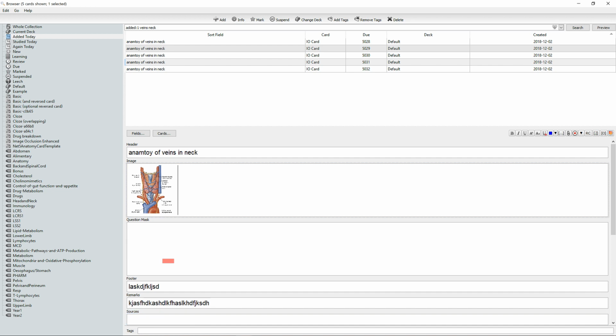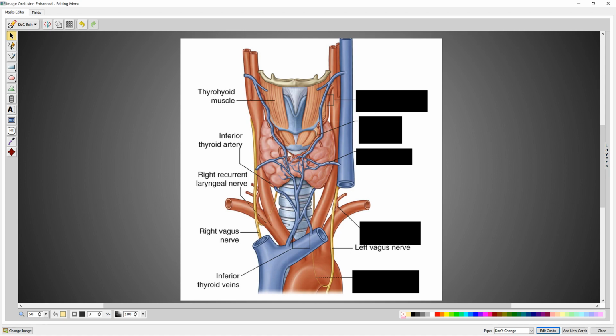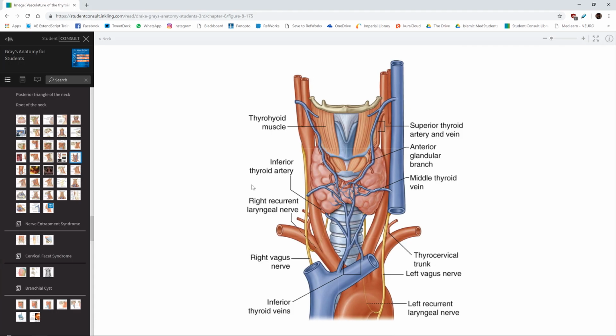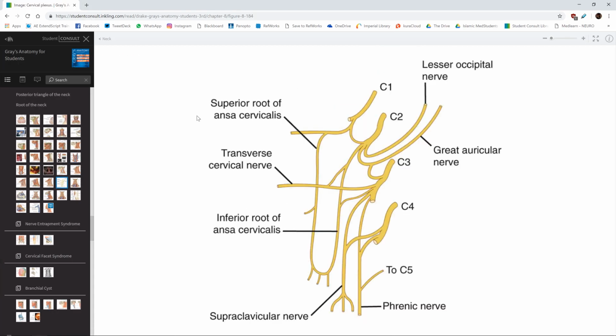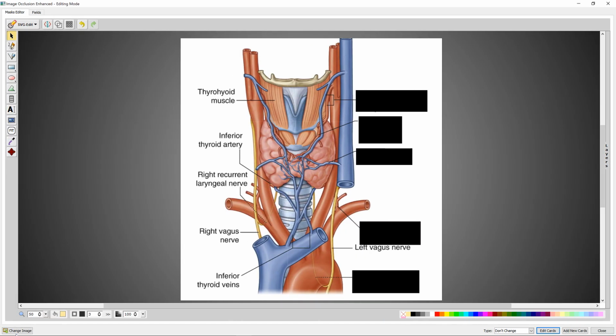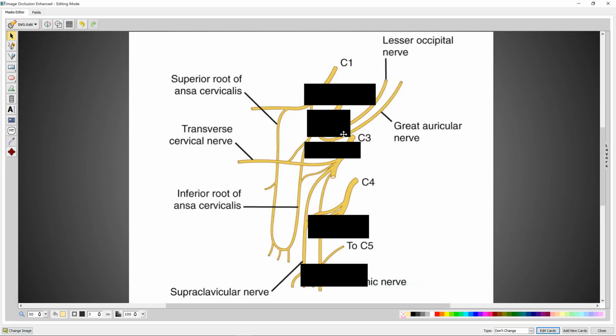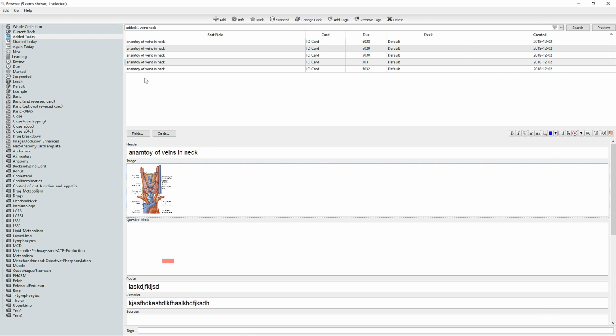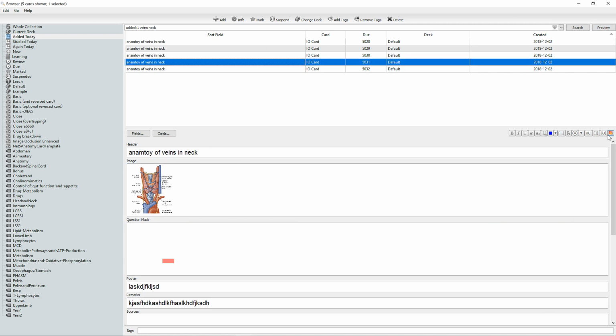You can actually go through and edit or change the image. Say if you found a better image, you could go through, find that better image, and then just copy it again. And if you just click change image, it will just replace it. The masks will stay in place, and then obviously that doesn't really make sense. I've just added a different picture, but it shows you can easily change the image as well if you find later on there's a better image that you want to use. If I just close that just to cancel it, if I go back